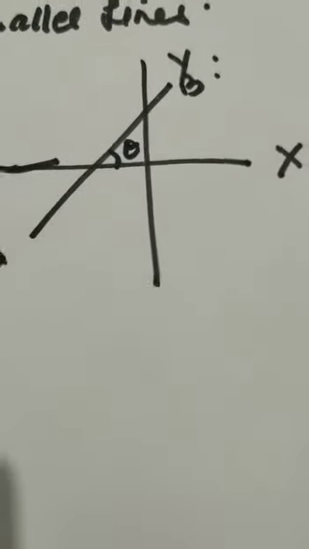Suppose you have given two parallel lines, like this is your x-axis, this is your y-axis. Suppose you have given one line AB, and this line makes an angle of theta degree with the x-axis, right? So any line which is parallel to this line, maybe that particular line with this side or that side, any parallel line we have to take. So I'm taking that particular line that is parallel to AB as a CD this side, right? Suppose this line makes an angle of alpha with the x-axis.